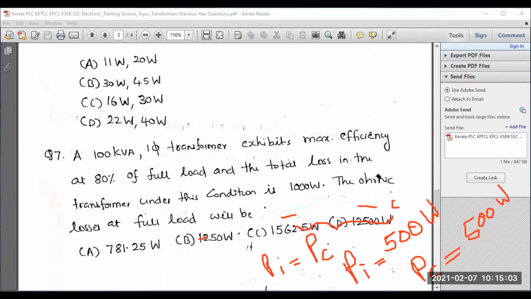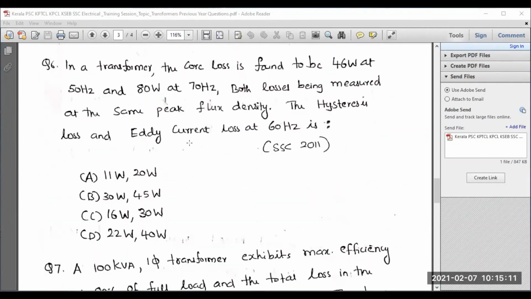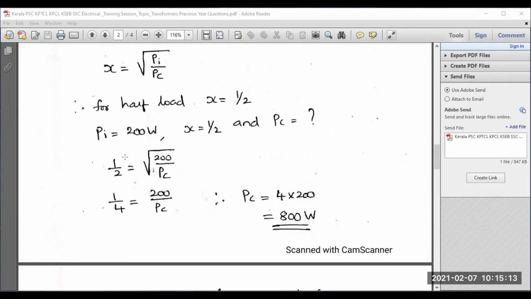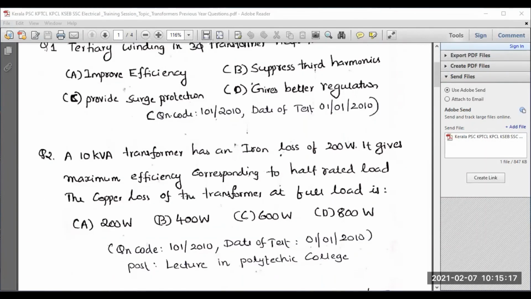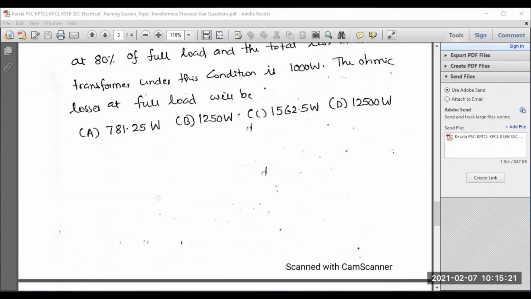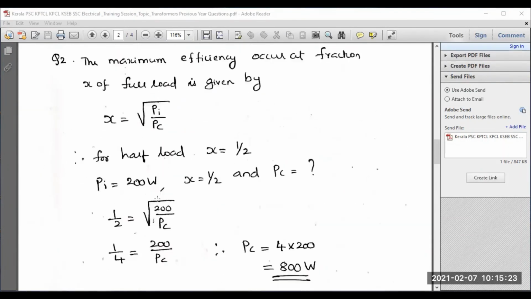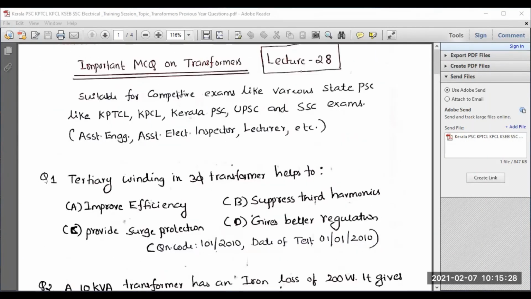If you solve many more problems, I'll be coming up with a lot of numerical examples in the upcoming session. Hope that will help you in cracking the competitive examination. Try your level best. These are the different questions which you can solve easily. If you have any queries with any concept, kindly put them in the comment box. I will revert.